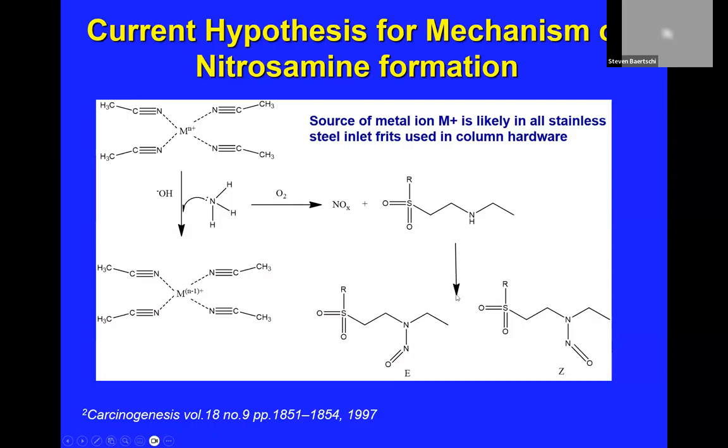And it's an interesting artifact. But it's documented in the literature now, and it's something that you can be aware of. Since nitroso compounds are such a concern, we wouldn't want to be wondering if it was really in our product when it's just an artifact of the HPLC method.